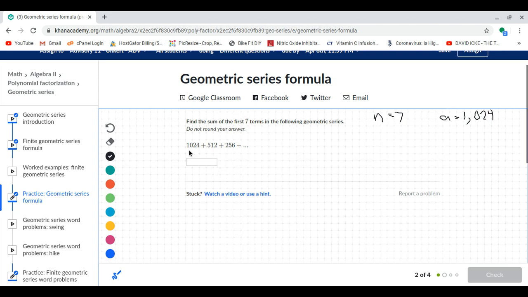And we know that from 1024 to 512, we're basically halving it, and then we're halving it again. And the way I could figure that out is I could divide 512 by 1024, and I'd get 1/2, or 0.5 is another way to think of it. So 0.5. Okay, we want the sum. So we're going to say the sum of the 7 terms equals first term